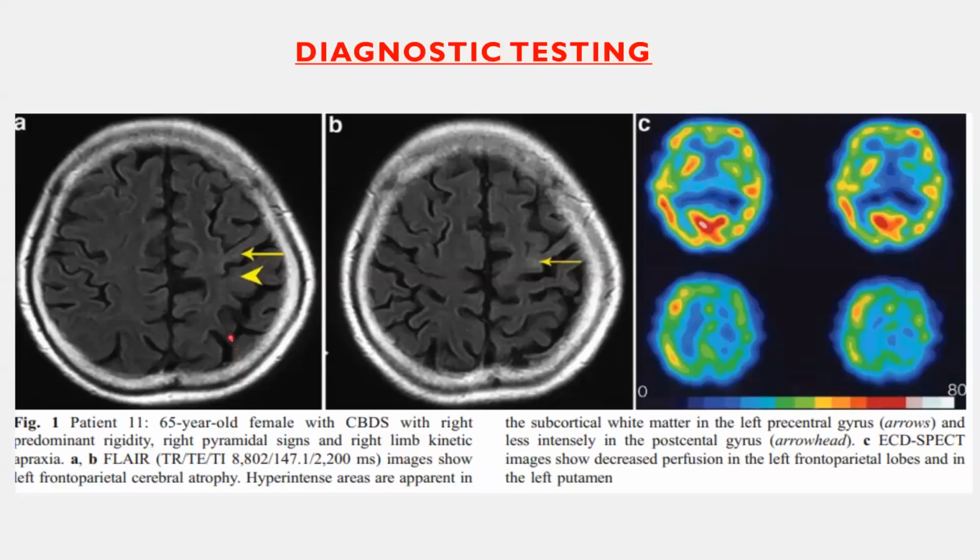And this is in corticobasal degeneration, there will be significant atrophy of precentral and postcentral gyrus and hypometabolism also seen in the PET scan. So this is also diagnostic of corticobasal degeneration. Selective asymmetrical parietal lobe atrophy will be seen in CBD.